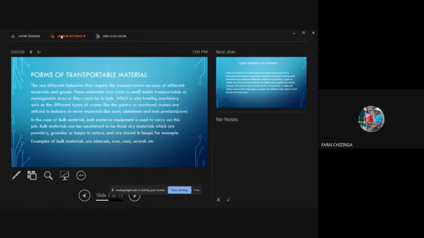Forms of transportable material. There are different industries that require the transportation services of different material goods. These materials may come in small, easily manageable sizes, or they could be in bulk, which is why hoisting machinery such as different types of cranes, like the gantry or the overhead cranes, are utilized in industry to move materials like steel, aluminum, and iron products, which may be raw. In the case of bulk material,